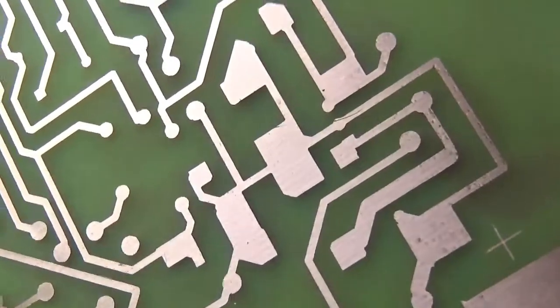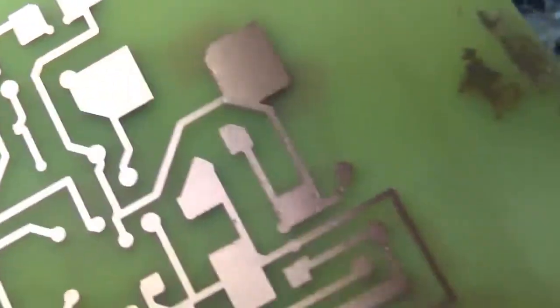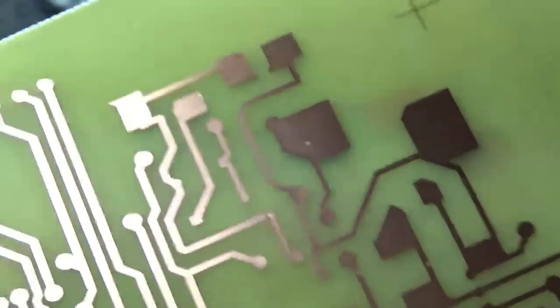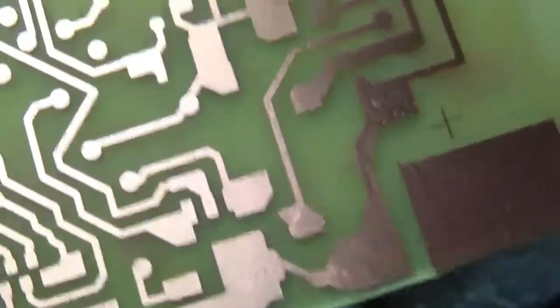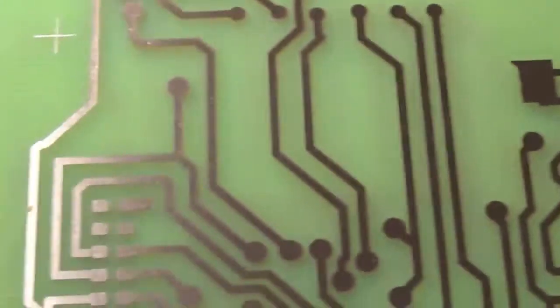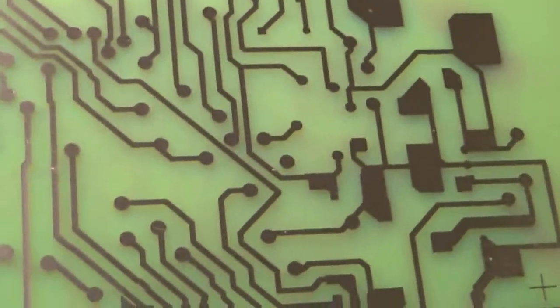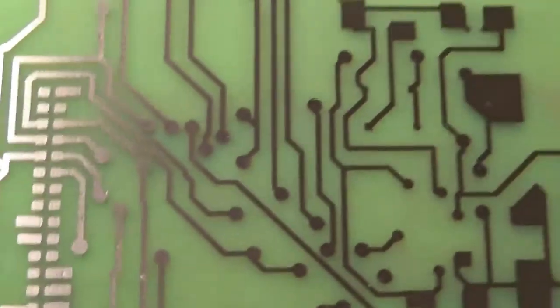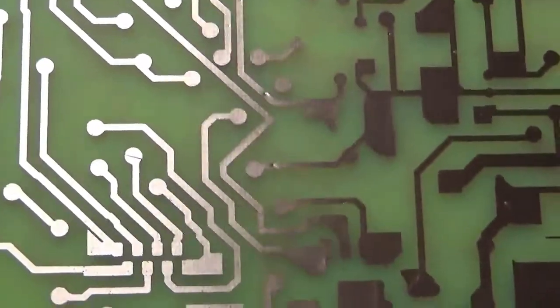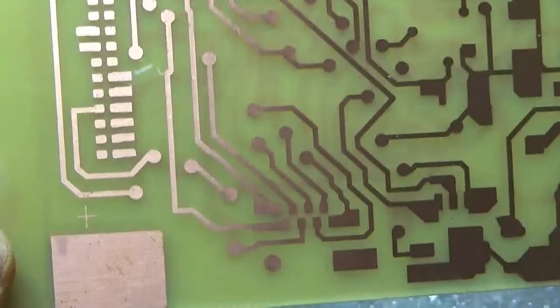Your biggest problem with doing these types of prints is trying to get vertical edges that haven't been eaten away, where the UV gets underneath the opaqueness of the track. But for this size of tracks, these are greater than 25 thou, and you're up to 50 thou or more, it's not a problem. It's quite simple to do. When you get to very, very fine tracks, then of course you're in a different league. The best thing to do there is probably prototype, get different sections to work, and then redesign it with your favourite CAD PCB software, and once you know it works, start to squeeze it down in size. But this one is actually an intermediate board for the Triac circuit, which I describe elsewhere,